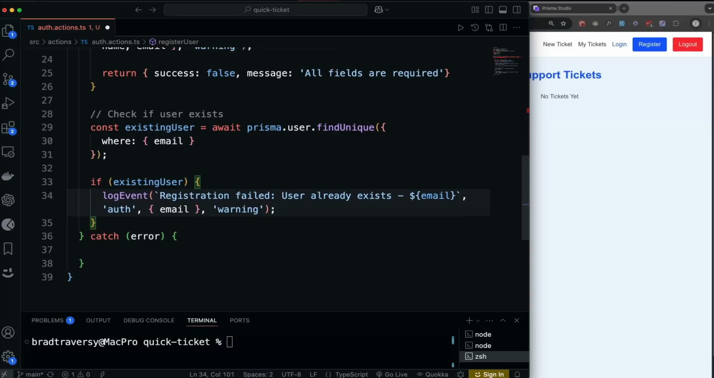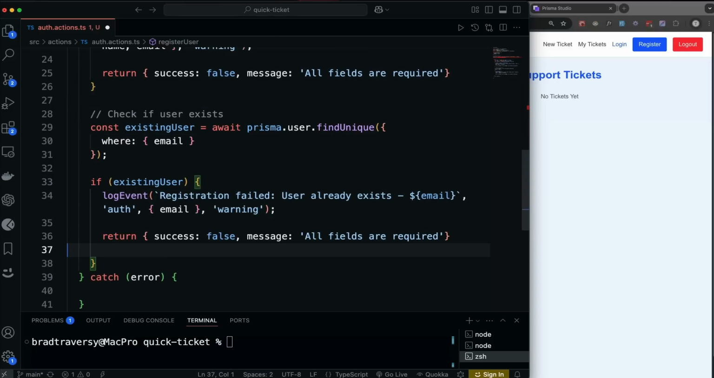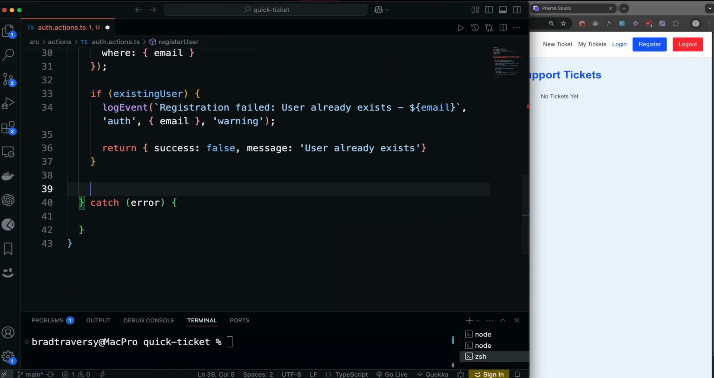So if the user exists, that, and then we want to return, so I'll just grab this here, and we're going to return false and just change the message up to user already exists. Right, and then we want to go outside of that. So if those pass, right, if the fields are filled in and the user email matches, now we want to